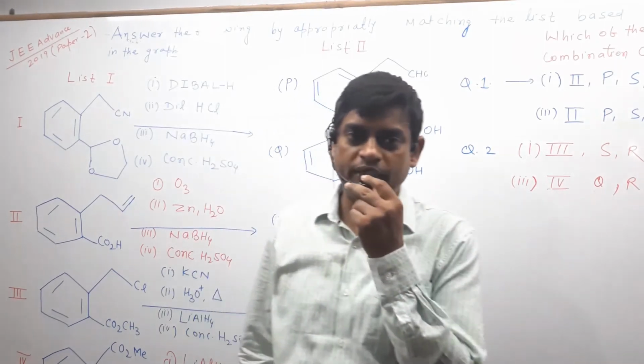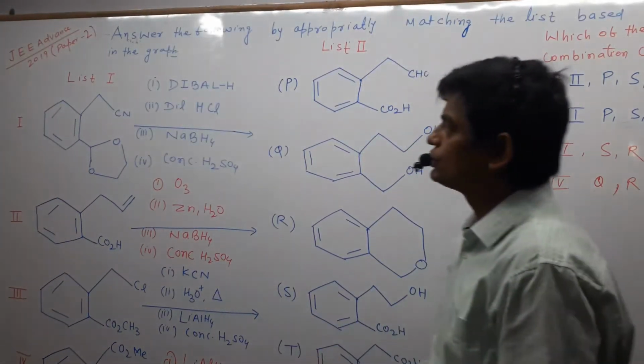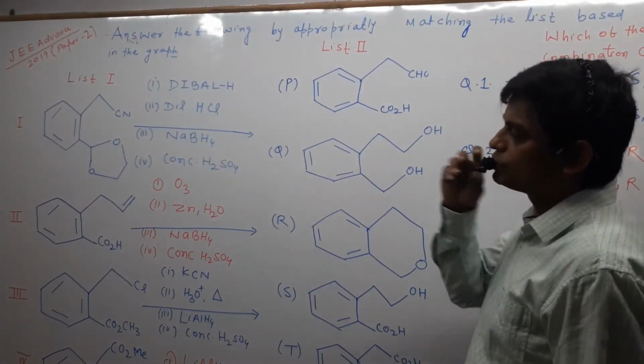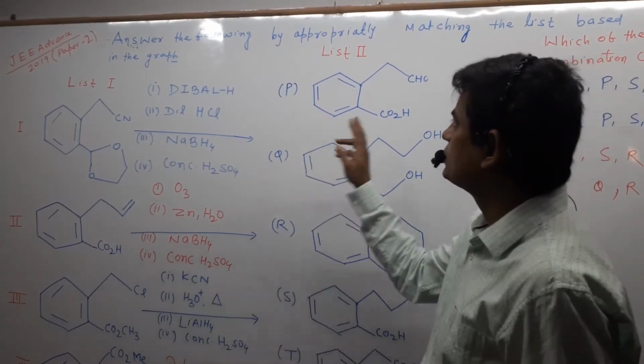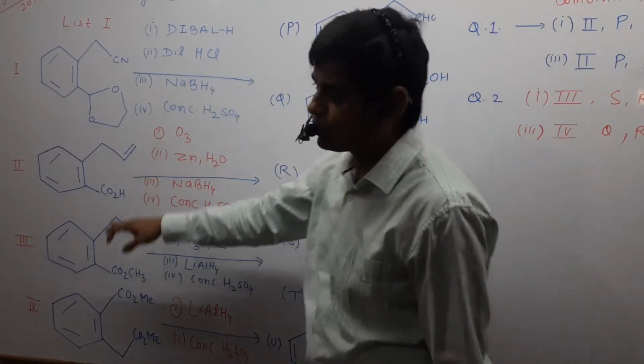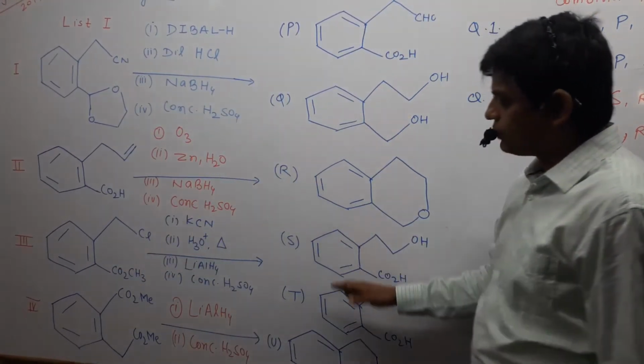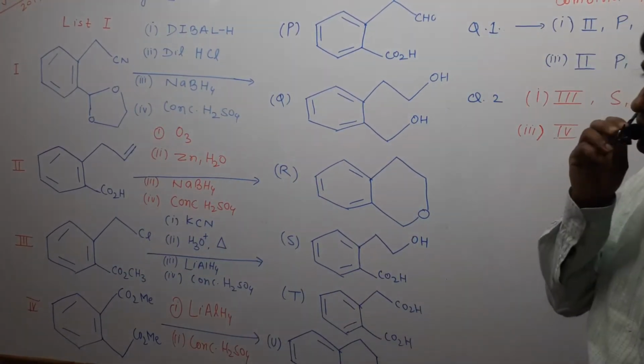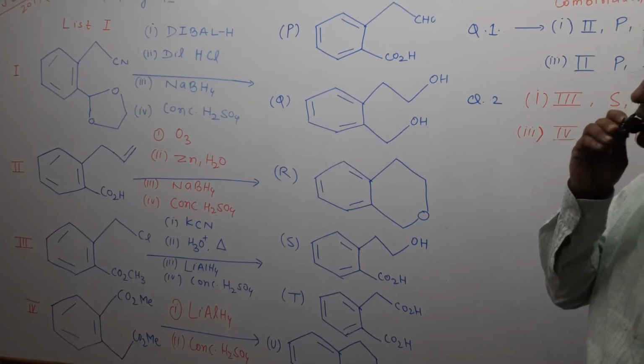So today I have taken a JEE Advanced question. In this question, there are two columns, list one and list two. List one has four compounds, and list two has six compounds. Also, we have to find out